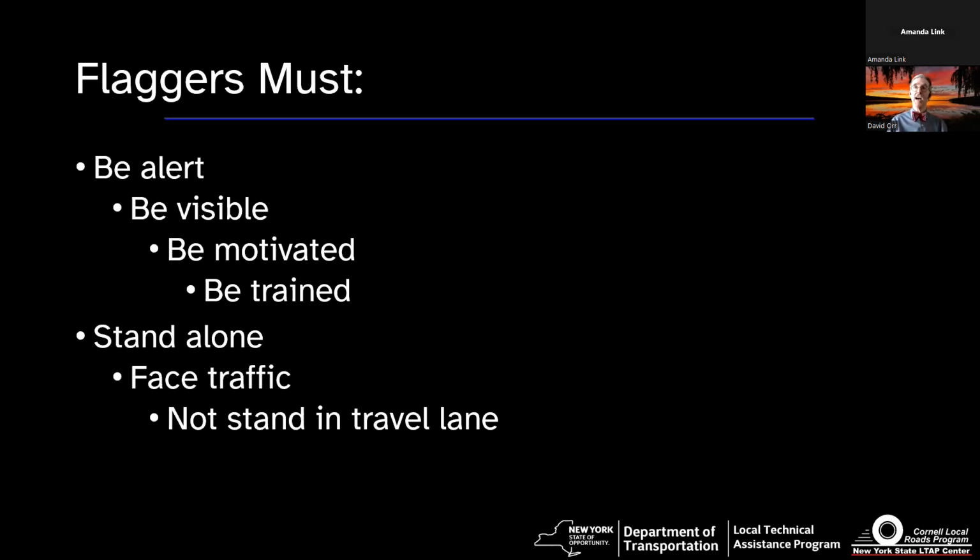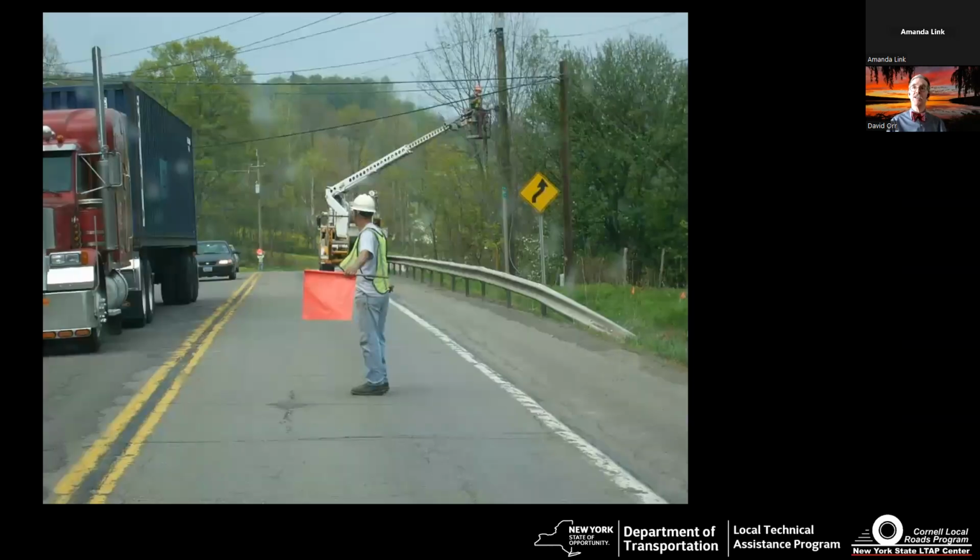If a vehicle doesn't stop and you're standing in the travel lane, like this gentleman here, that's not going to be a good day for that flagger. We've talked about in the traffic safety foundational webinars, the chances of you walking away from a crash, if you're hit at 40 miles an hour, are less than 2%. The chances of it being fatal is over 90%. Okay, so no matter what, you're going to have a really bad day if you get hit with any speed. And that's just with a car. That truck hits you, you're dead. So don't be standing in the lane.